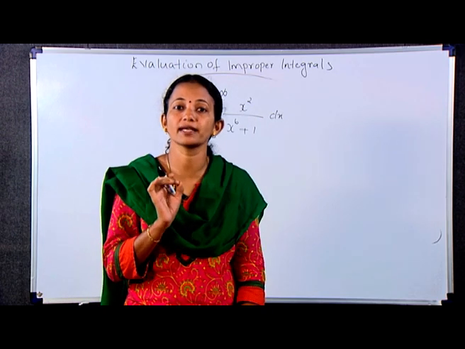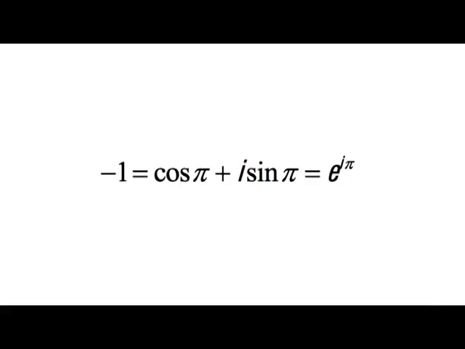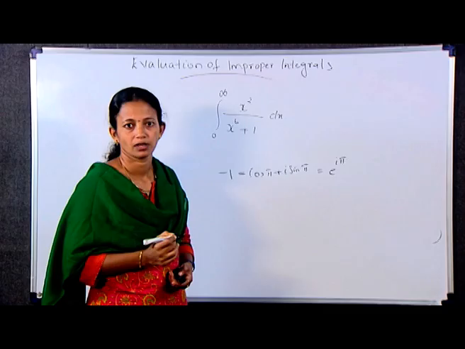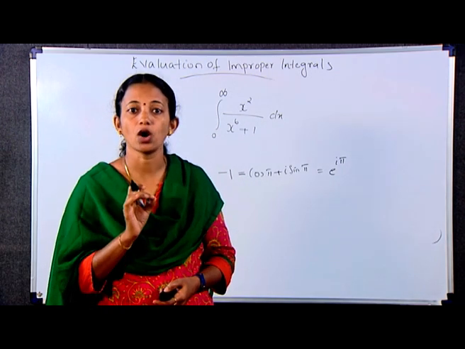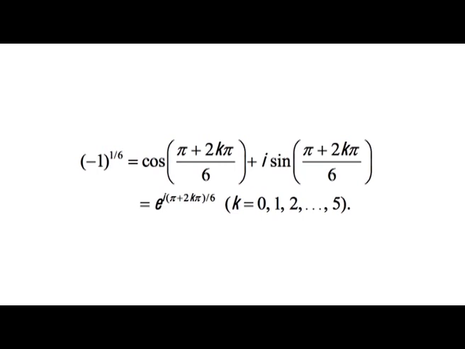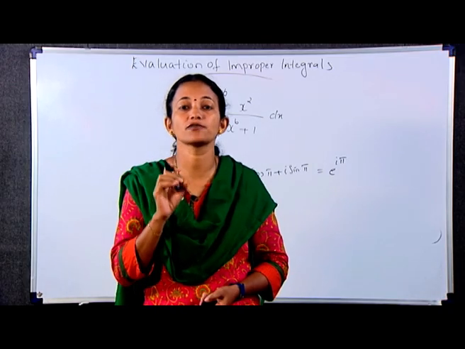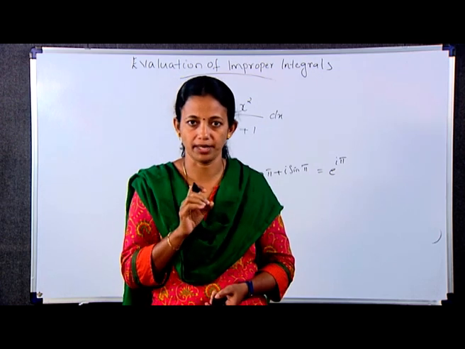Now the sixth roots of minus 1 are obtained as follows. That is, minus 1 is equal to cos pi plus I sin pi, which is equal to e raised to I pi. Hence, minus 1 whole raised to 1 by 6 is equal to cos of (pi plus 2k pi) by 6 plus I sin of (pi plus 2k pi) by 6, which is equal to e raised to I into (pi plus 2k pi) by 6, where k varies from 0, 1, 2, up to 5. That is, the possible roots of z raised to 6 plus 1 are given by Ck